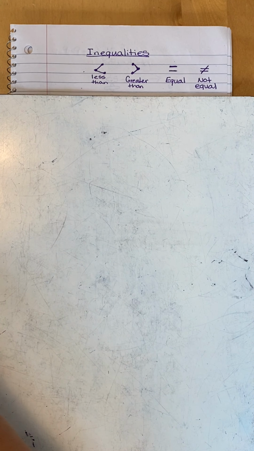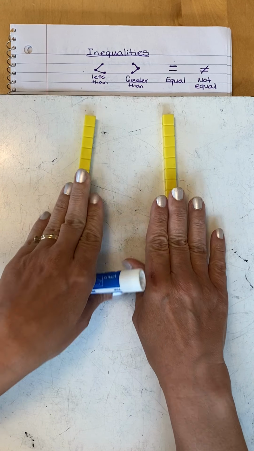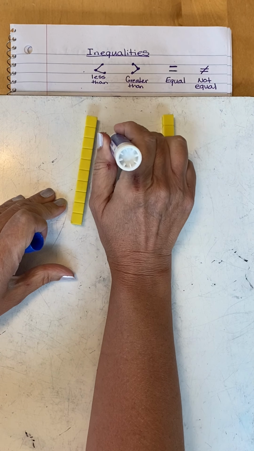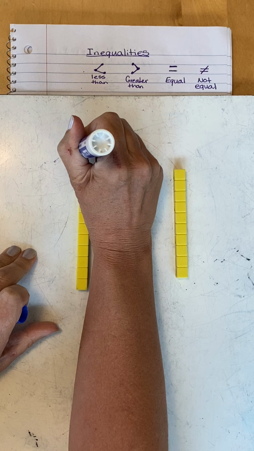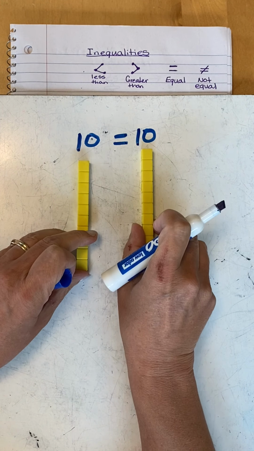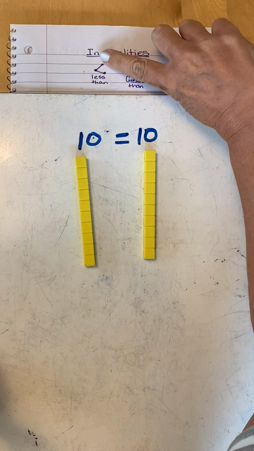So let's start with what we already know. We know these two each equal 10. So we know they're equal. How do we know that? Because we know 10 equals 10. They're the same value on both sides. So when we talk about